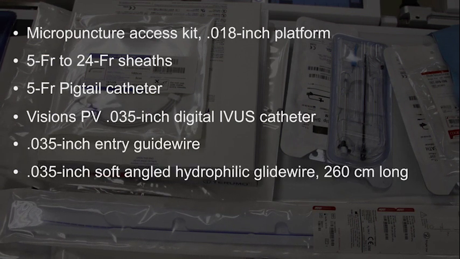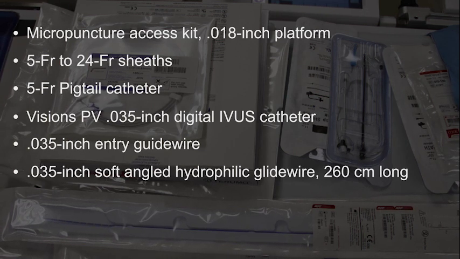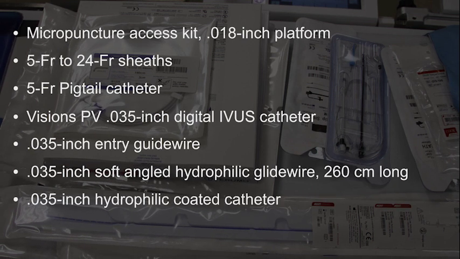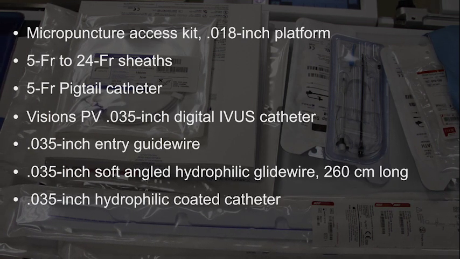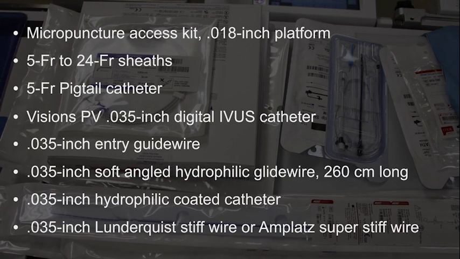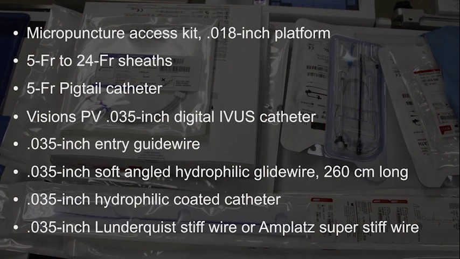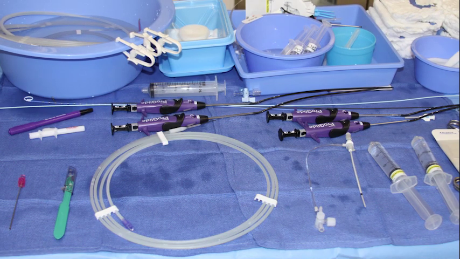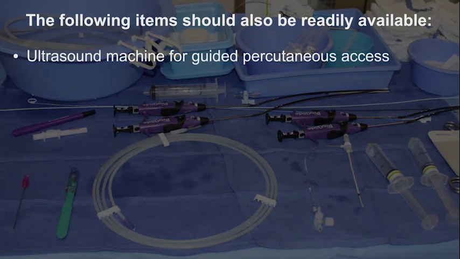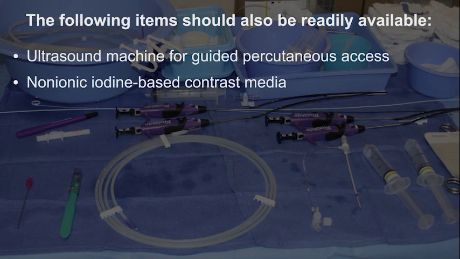0.035-inch entry guide wire, 0.035-inch soft-angled hydrophilic glide wire, 260 cm long, 0.035-inch hydrophilic coated catheter, 260 cm long, 0.035 Lunderquist stiff wire or Amplatz super stiff wire. The following items should also be readily available: ultrasound machine for guided percutaneous access, non-ionic iodine-based